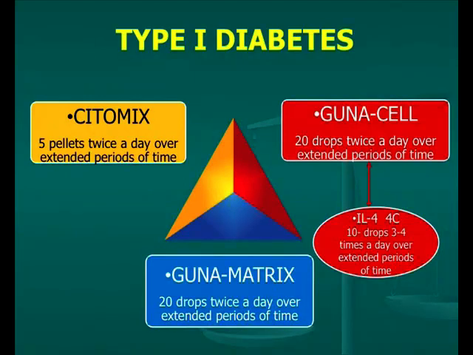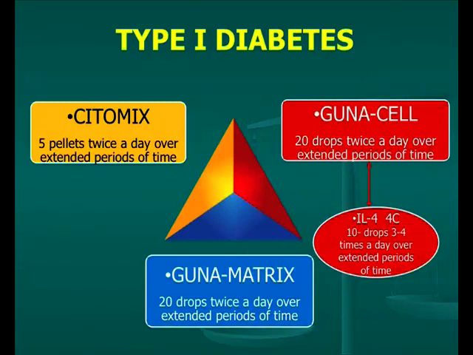Interleukin 4-4C is the trophic interleukin of excellence. It is trophic in the context of tissues and therefore supports these cells before they degenerate completely. We therefore administer interleukin 4-4C 10 drops 3 to 4 times a day to these children, preferably before meals.